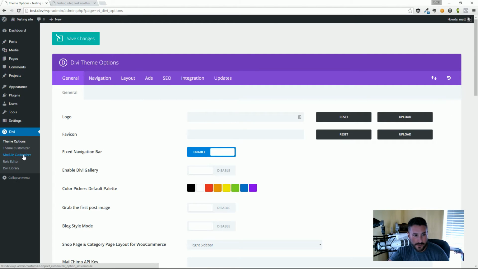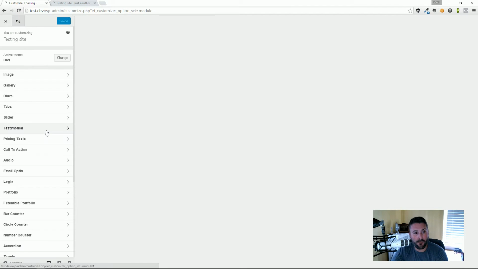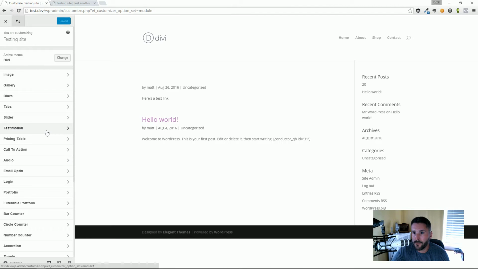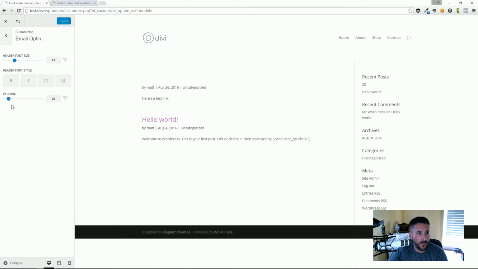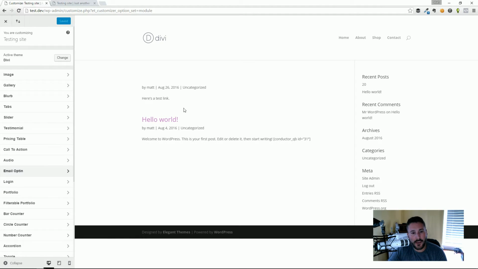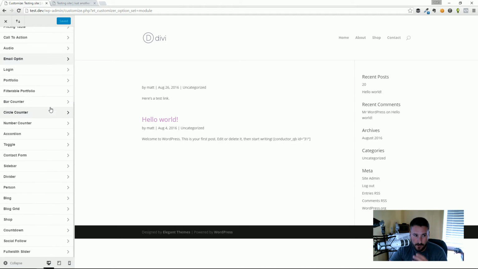So that was Theme Customizer. We're going to look at the Module Customizer real quick. The Module Customizer, again, brings you to the front end, and it's a little hard to understand what you might be changing. If I actually had an email module dropped in, which we do in the front end page builder or back end page builder, you can see this in action, and you can change every module's look and feel, for the most part,